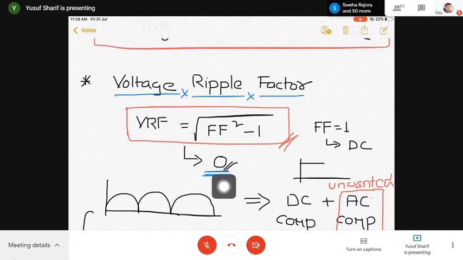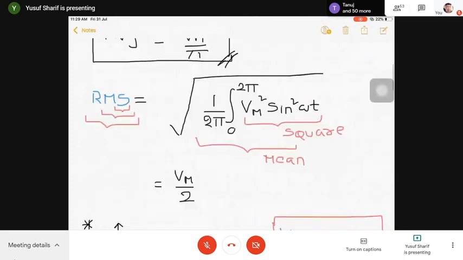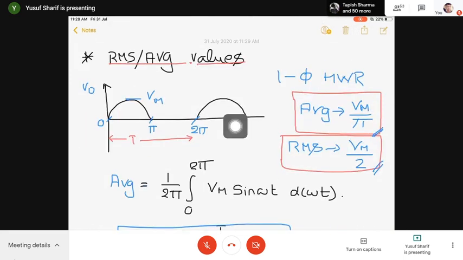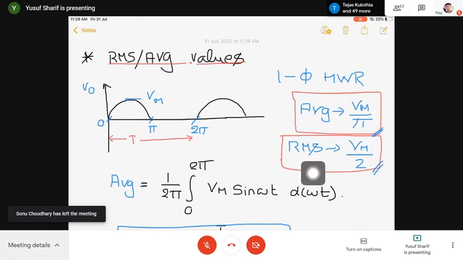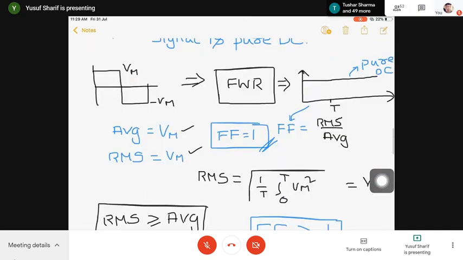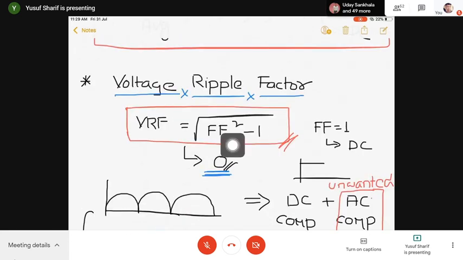Okay. So one thing, if we calculate form factor, definitely we'll be getting a finite value. If I talk about the other waveforms, we'll start from this only. If I talk about this waveform, I'll be getting an average and an RMS value. Definitely, if I divide RMS by average, I'll be getting a value which is greater than 1. That minus 1, you'll be getting some finite result, and under root, you'll be getting some result. What does that mean? Suppose you get 50% or 43%, depending upon the signal. If you calculate the same for half wave and full wave, you'll be getting some standard results.